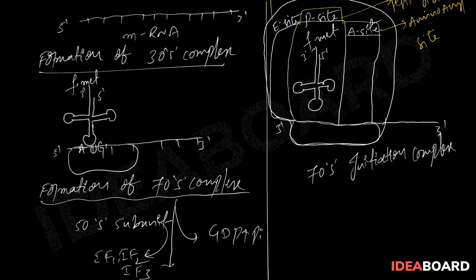After formation of the peptide bond, they will be moved into the E site, that is, the amino acid is released into the P site, and then the empty tRNAs exit from the ribosomal complex through the E site. So this is how initiation complex formation, or initiation of translation, takes place.